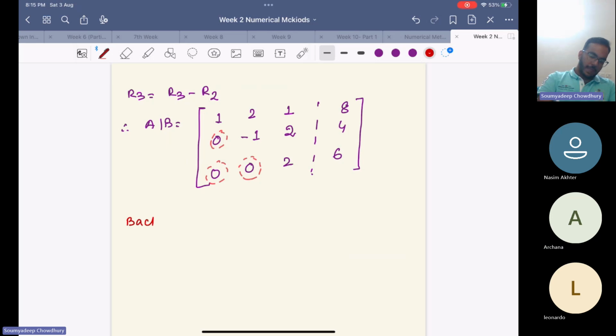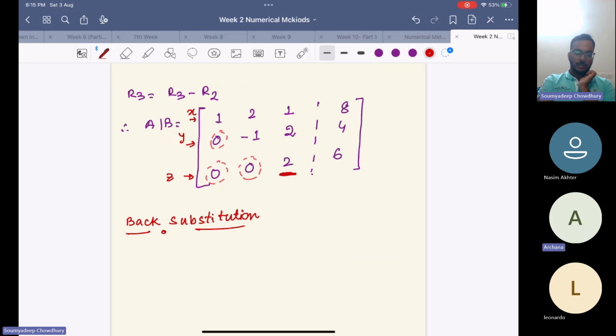So what we do in back substitution now, just from the back side, we will try to substitute in the equations. So this is your augmented matrix now. This is the only non-zero element in the third row. This row represents X, this row represents Y, and this row represents Z. So what we will do in back substitution is,